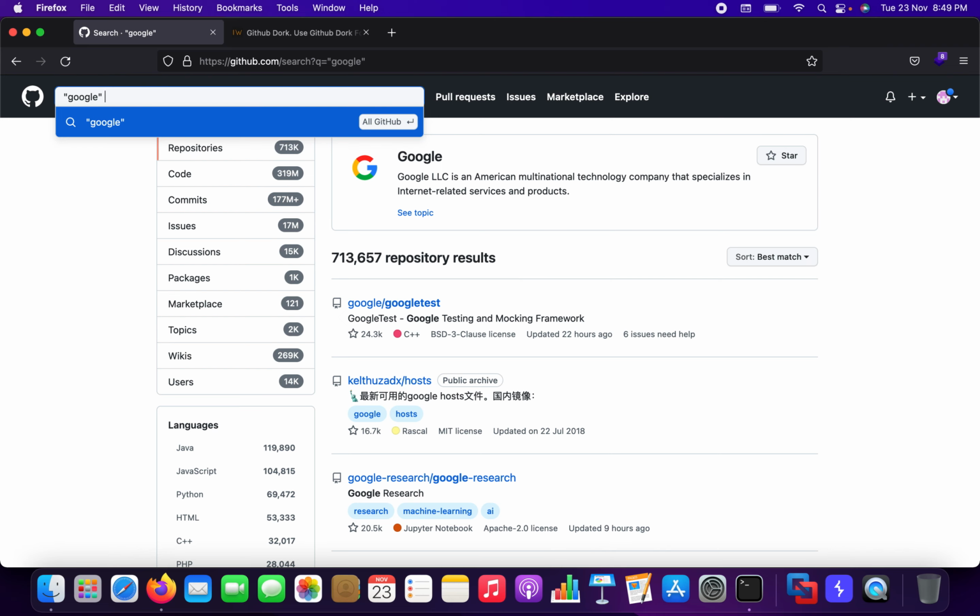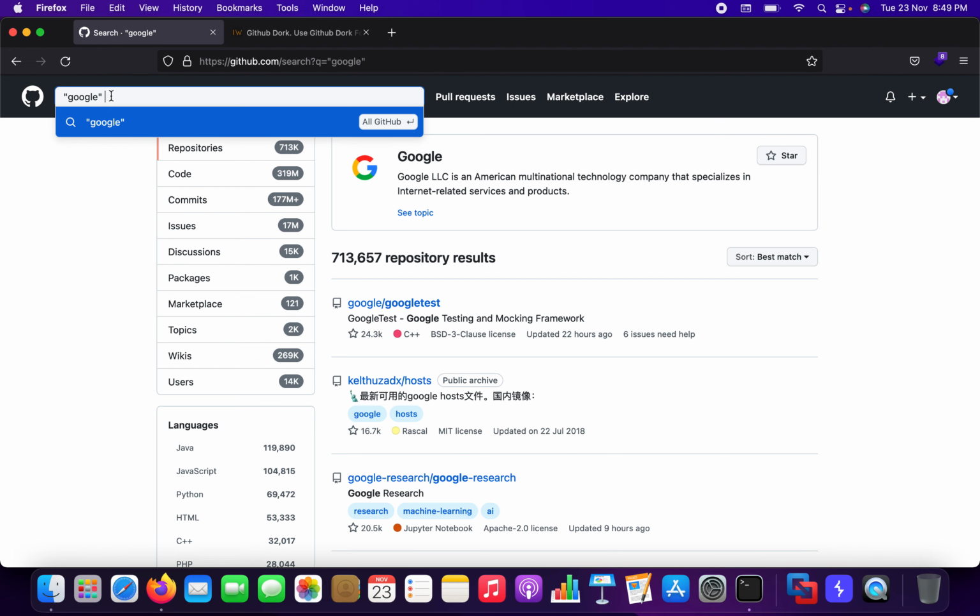So let's just filter out results. The main logic behind this is to look for sensitive information disclosure. What happens is, and this is one of my mistakes that I did early on, that I forgot to remove my password from one of my files, and it was there for a very long period of time. If I can do it, you can do it. If you can do it, the developers can absolutely do it. So this is where Git Recon comes into play. All you have to do is type in the name of the organization that you are hunting bugs for and look for specific keywords.